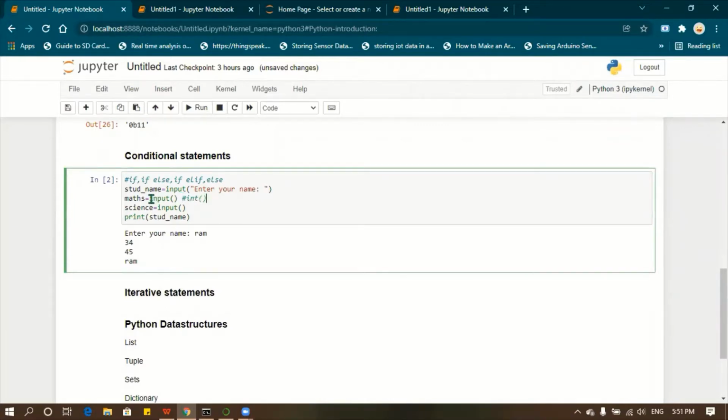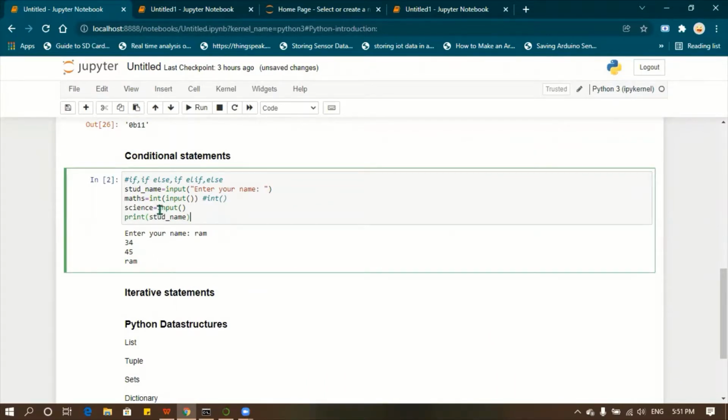Okay, how can we use this? We can put the input function inside our integer function. So whenever the user enters the value, the string value will be converted into an int. Why are we converting? I already told you, with a string we cannot perform any mathematical operations. To perform mathematical operations, it should be either an integer or a float. So we have to convert it.